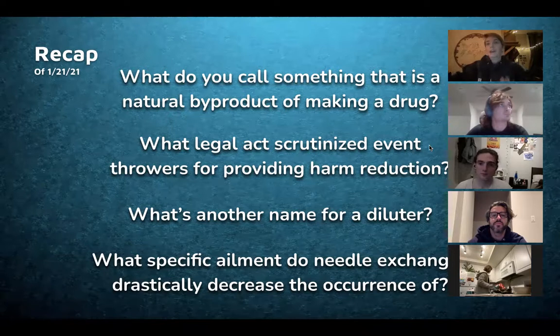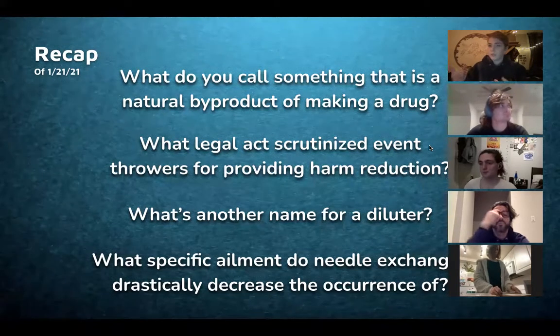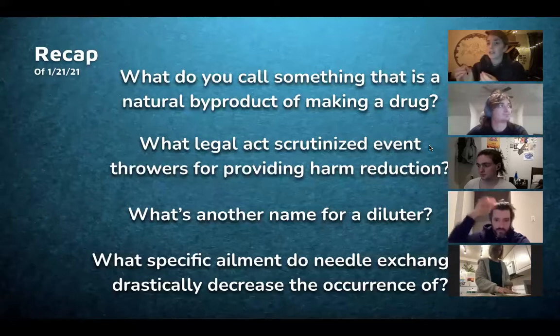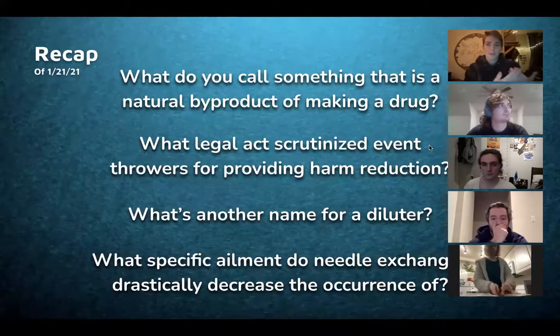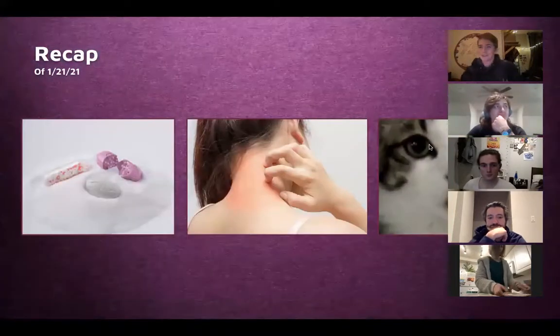So in that case, instead of putting actual oxy in there, all you need is like 1 milligram of fentanyl, which is even too much for most doses. That's like overdose territory for a lot of people. And then you only have to put in filler and other shitty stuff. So fentanyl is not an example of something used to dilute, because you're putting a tiny quantity of it in. Something like baking soda or baby powder would be used as a filler or diluter. Baby powder would suck. I don't know if anyone's used baby powder though.